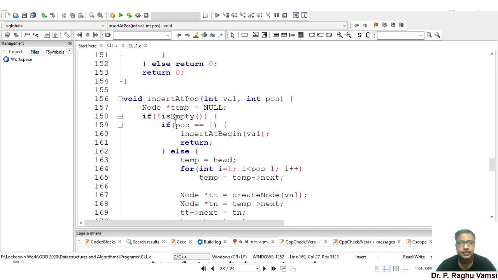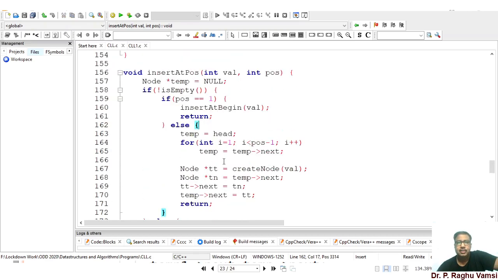When the position is equal to 1, the newly created node is to be inserted at position 1, so simply call the insert at begin function. Else, go to position minus 1. That means iterate from the head till position minus 1 and create a node here.